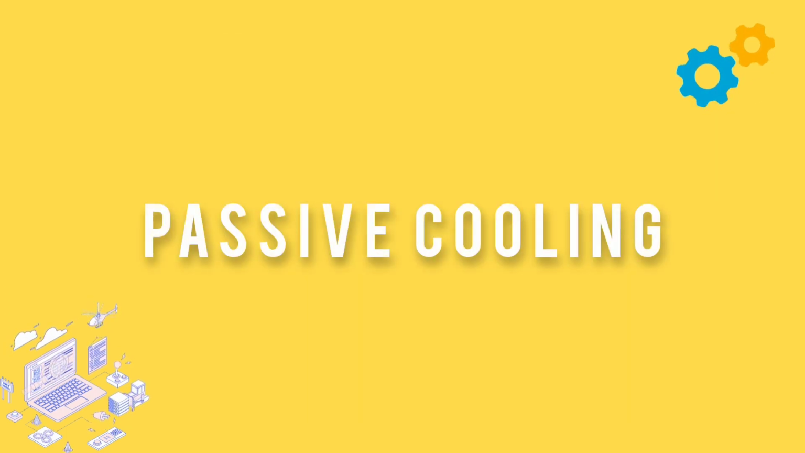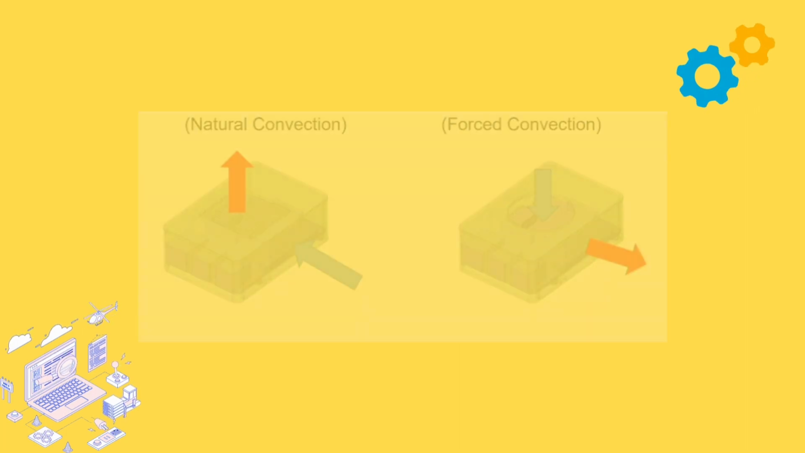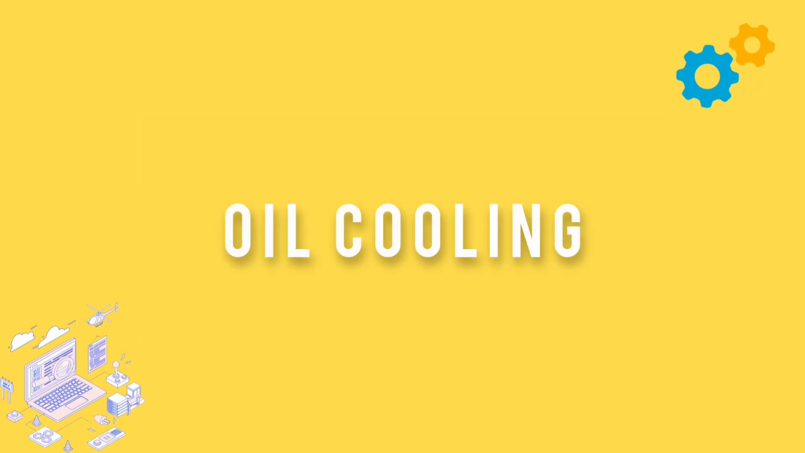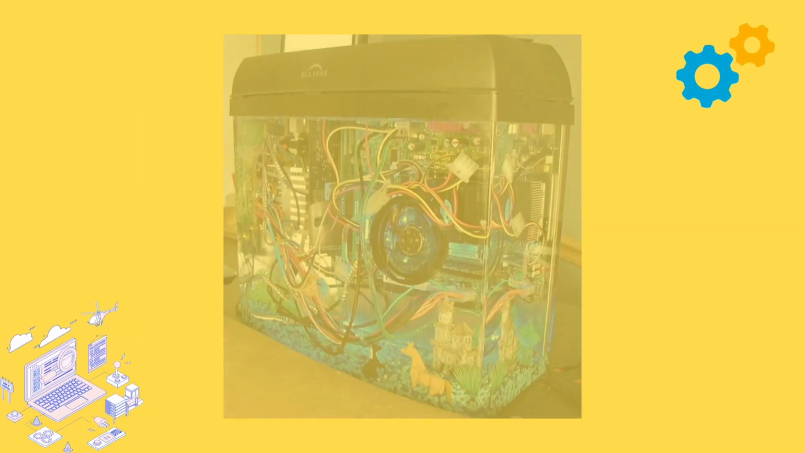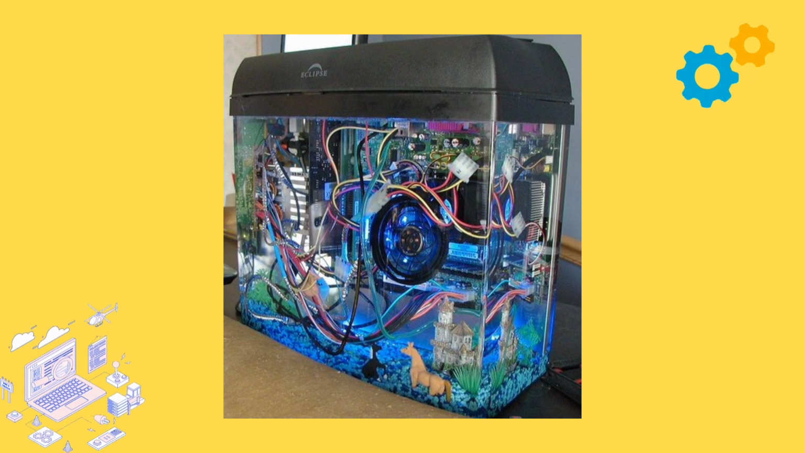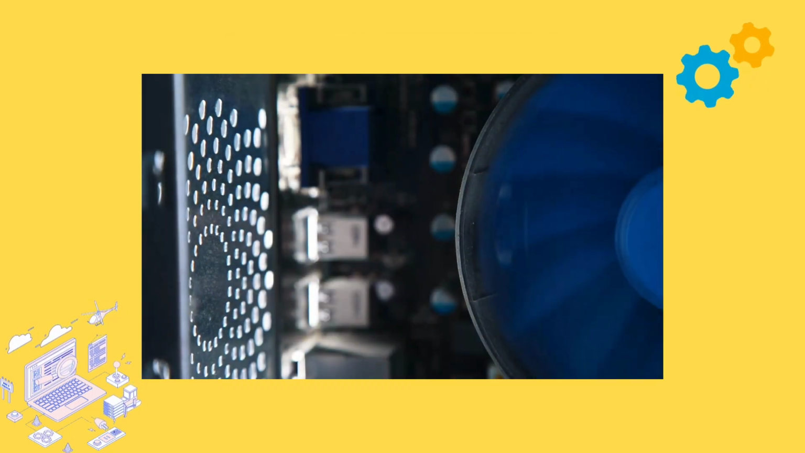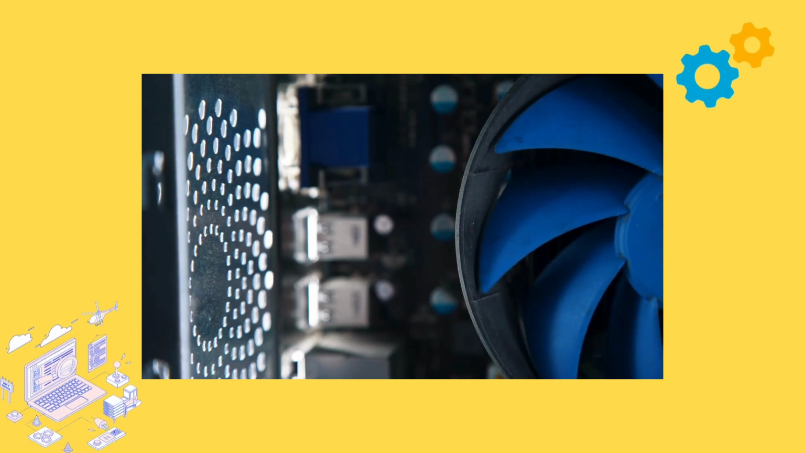Passive cooling relies on natural heat dissipation without active fans, common in low-power or small form-factor systems. Oil cooling submerges components in a dielectric fluid like mineral oil, relying on external radiators to dissipate heat. Each cooling method has its pros and cons, and the choice depends on factors like performance needs, space constraints, and